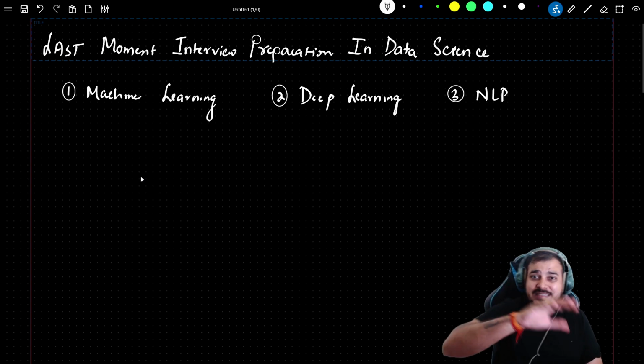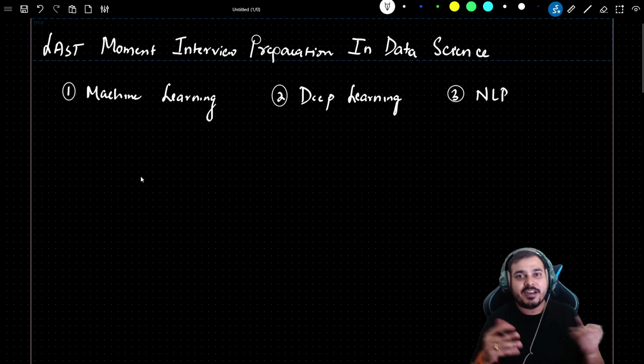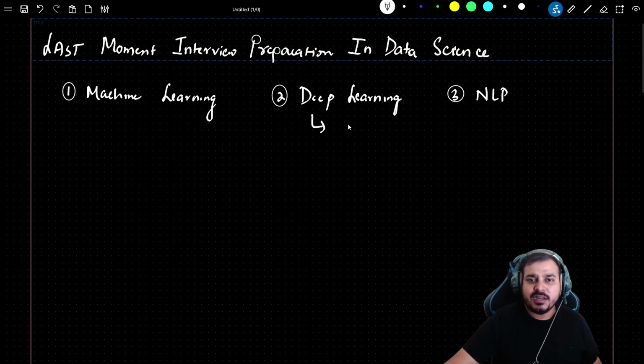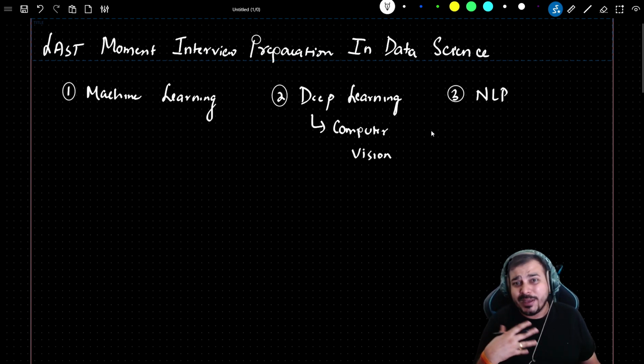Now, why am I noting these three main sections? Because these are the three main things which include different kinds of projects. Now, computer vision can be part of deep learning itself, right? Because you may be using some other techniques. Here, don't say to me, Krish, what if I've done an image classification? Everything will come in deep learning. If you're doing RNN, if you're doing ANN, I'm trying to include everything over there.